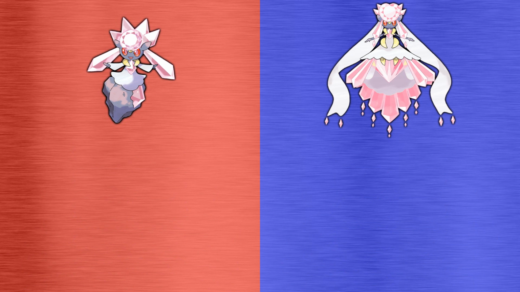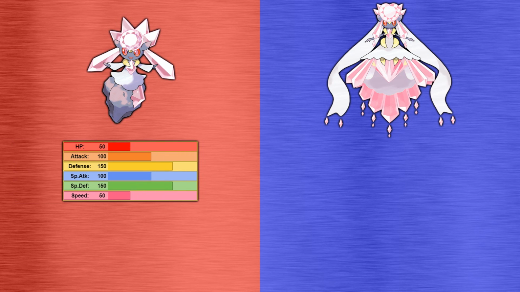Now let's take a look at the stats and abilities of these Diancie forms. Regular Diancie is a slow but bulky mythical Pokemon with huge defense and special defense, great attack and special attack, but lackluster speed and HP. Its only ability is Clear Body, which prevents Diancie from having its stats lowered by opponents. This of course allows Diancie to continue to damage opponents without the threat of having its power reduced or even